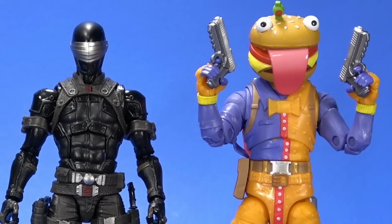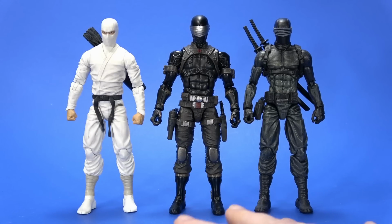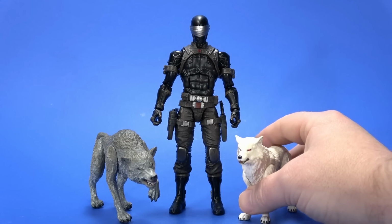Then there's the baddest bastard in the mercenary game. You didn't think I was going to pass on this comparison, right? Here is the Fwoosh's Articulated Icons Deluxe White Ninja and Solitaire with a custom Snake Eyes head on it. And then just because I had them laying around, since I've been waiting this long for a 6-inch Snake Eyes,